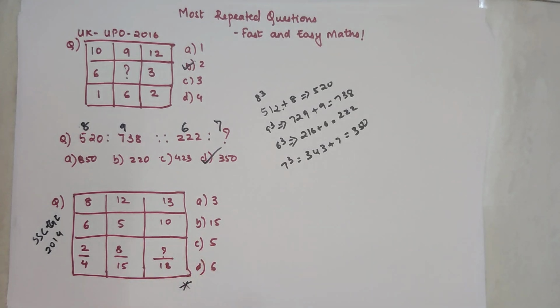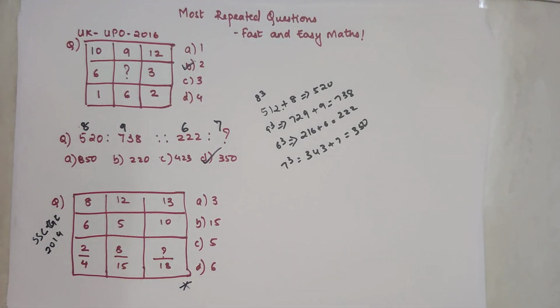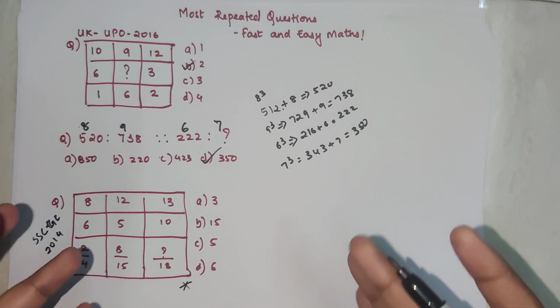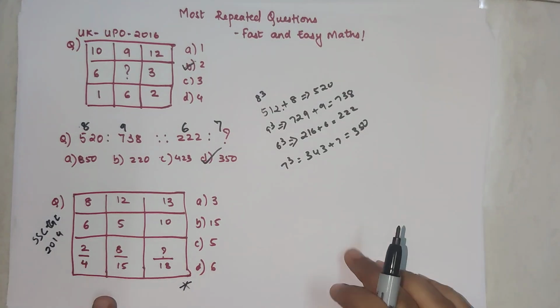So you saw how easy this entire sum became, just because you had the knowledge of cubes. Please understand, if you do not remember cubes or squares, it will be difficult to solve any of these kinds of questions. So you need to have a basic understanding of cubes, at least the first 15 cubes and first 20 squares. Prime numbers up to 100 or even 200 should be good. Something like that will really work in your favor, and you will save a lot of time when solving these kinds of questions.